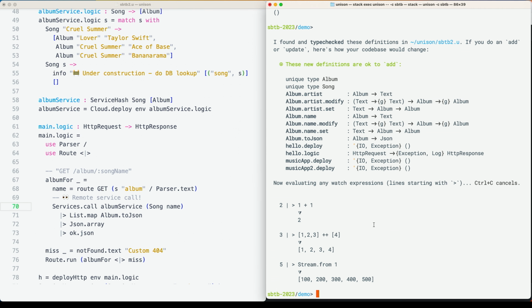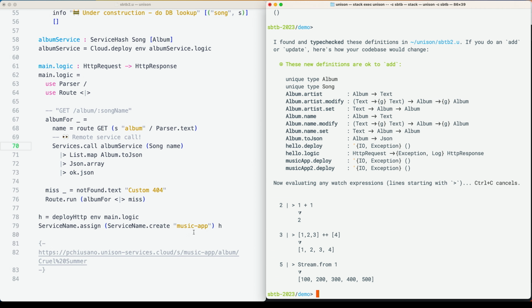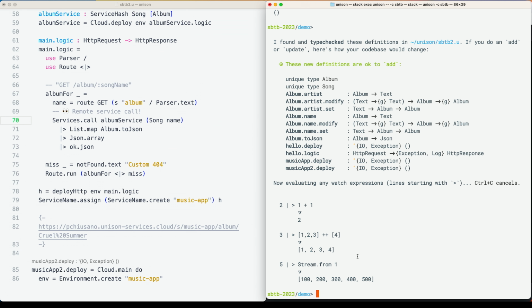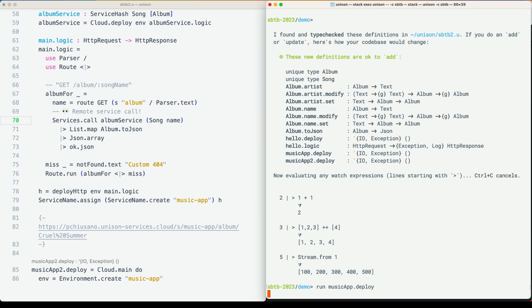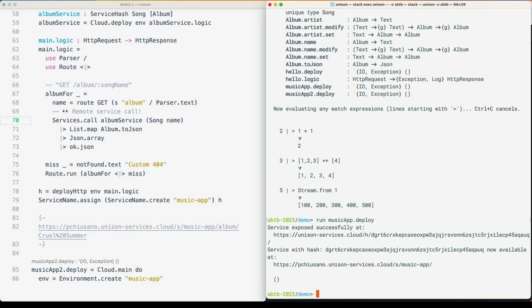So let's try actually deploying this. We're going to run music app.deploy. This is now going to be deploying these two different microservices, one for the album service and one for the HTTP edge service.